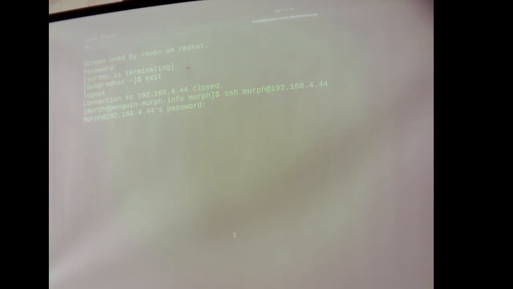Actually, I am completely out of the SSH session before you did the close. Yes, before I did. Right, that was in the right SSH. Okay. So now I've logged in as Murph, and if I do screen, what I'm going to do is